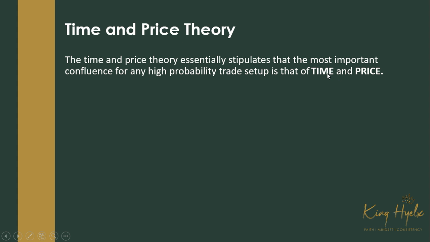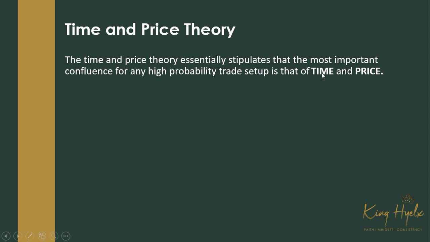It's one of the rules I'll be teaching you, because as a forex trader, in order to maintain that level of consistent profitability, you have to adhere to rules. It's a no-brainer. Any profitable trader out there, somebody who is consistently profitable in the long run, is someone who has disciplined himself to adhere to the rules. When I finally give you these 5 rules, and I'm kind of digging into it already right now, just so you understand how important this is, you have to stick to the rules, right? Okay, so the most important confluence for any high probability trade setup is that of time and price.